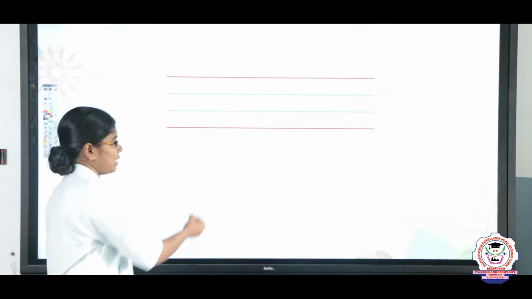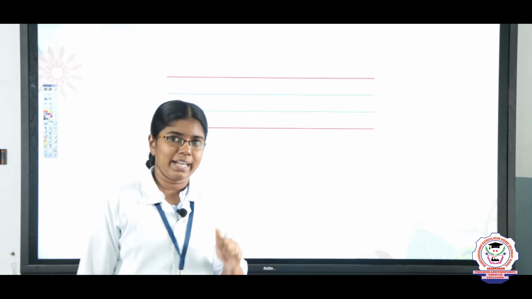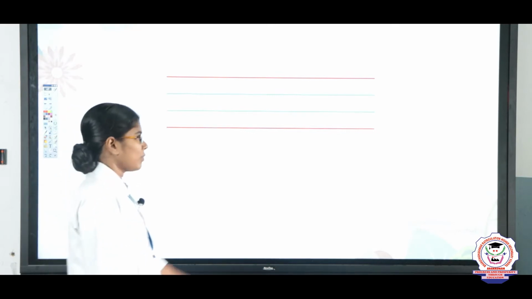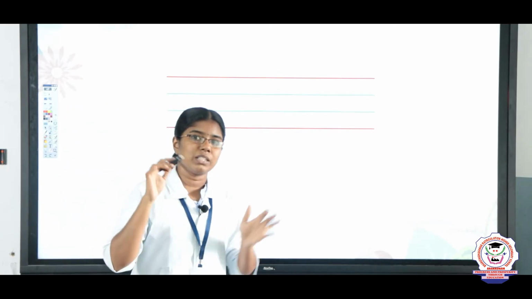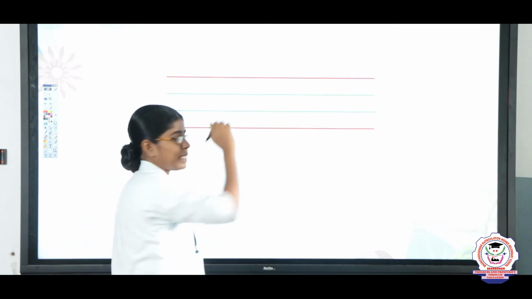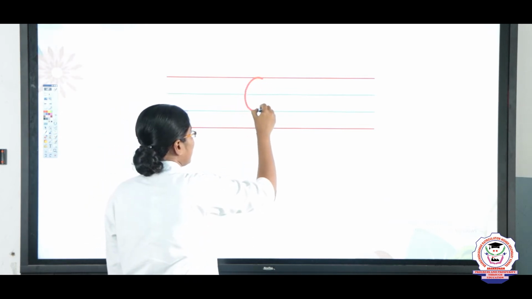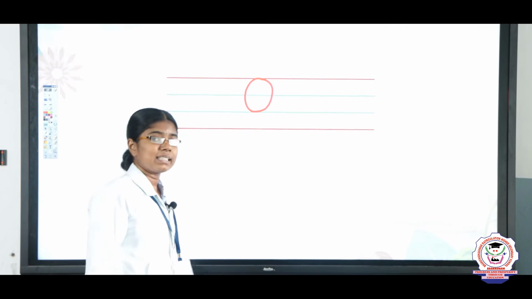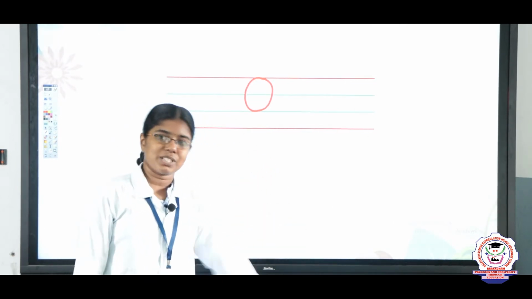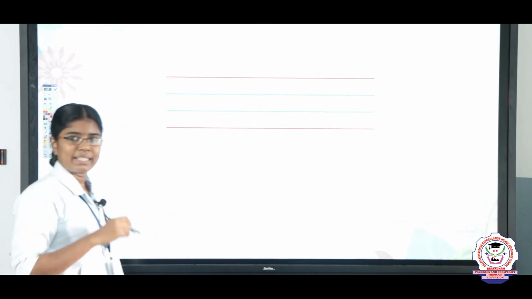It's very good. See here, now we are going to write the letter O in 4 lines, okay? Take your pencil, get ready all of you. Look at the board carefully now, okay? We are going to use only one circle to write the letter O, okay? See here, keep your pencil on the top red line again. From there, you have to draw a circle like this, okay? This is the letter O. What letter is that children? Yes, O, okay? It is too easy to write, right children?